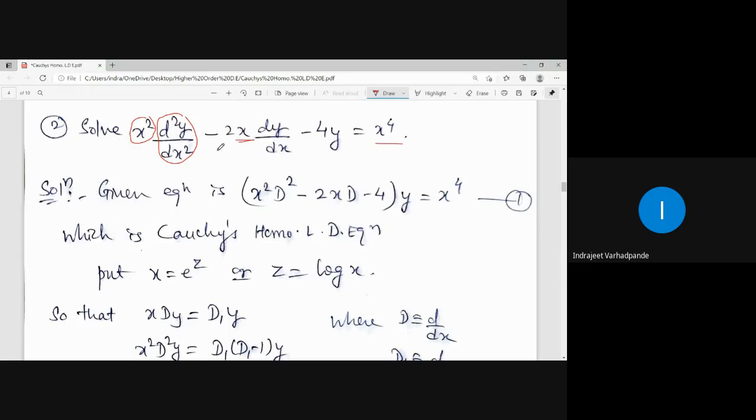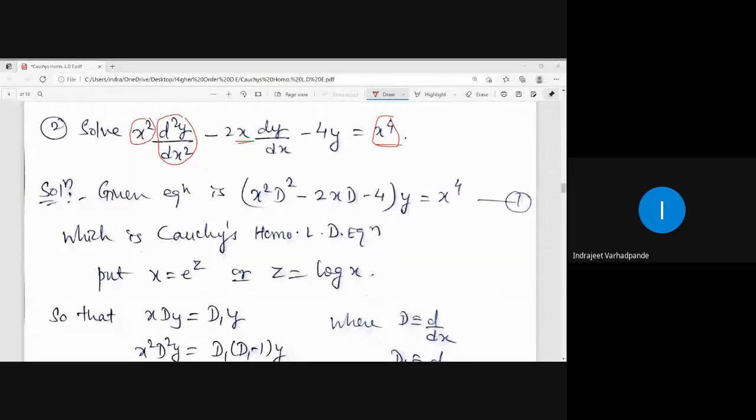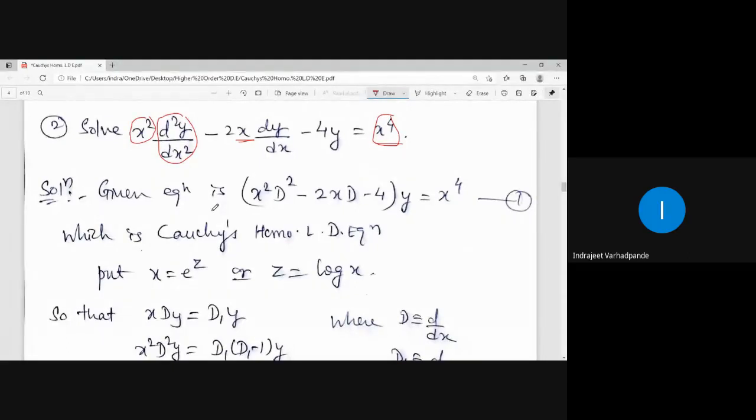So we identify this as a linear differential equation with variable coefficient, and that too type number 1, wherein we say that it is Cauchy's homogeneous linear differential equation. And RHS in this case is not 0, it is other than 0, that is x to the power 4. So what we do is we convert the given differential equation into the differential operator form. Accordingly we will be simplifying and then using the proper substitution to convert it into the d1, and then it is solvable further.